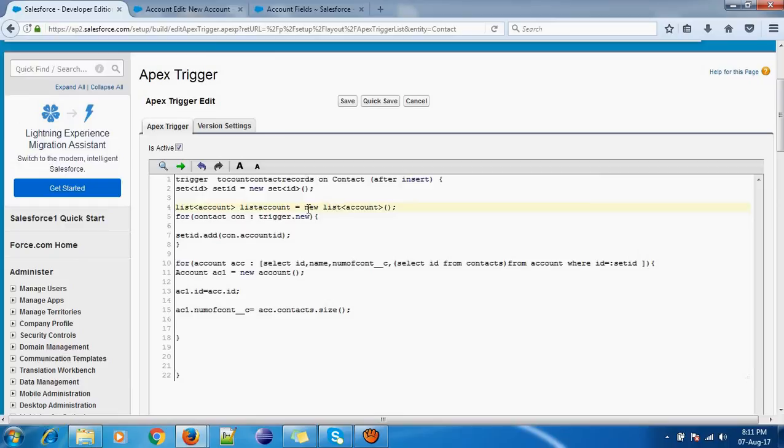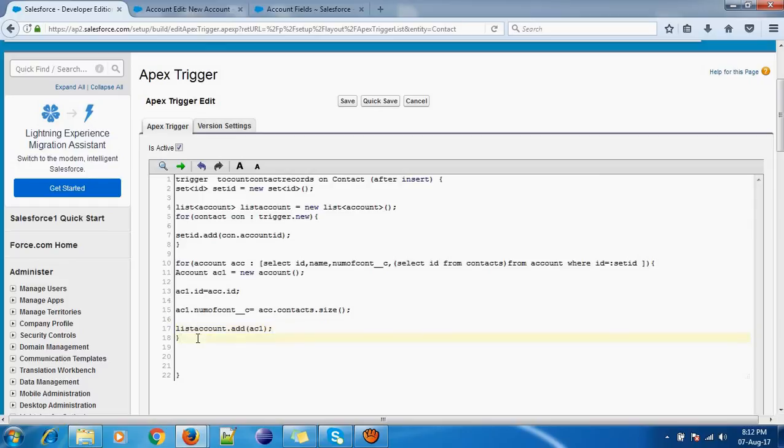So we have created a list here. Now whatever is present in AC1 right now, we are going to put it in this list. So list account dot add, what we are going to add: AC1, and semicolon.